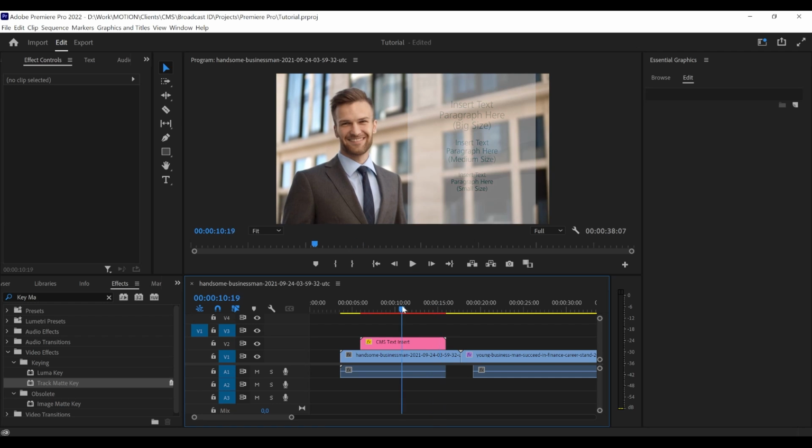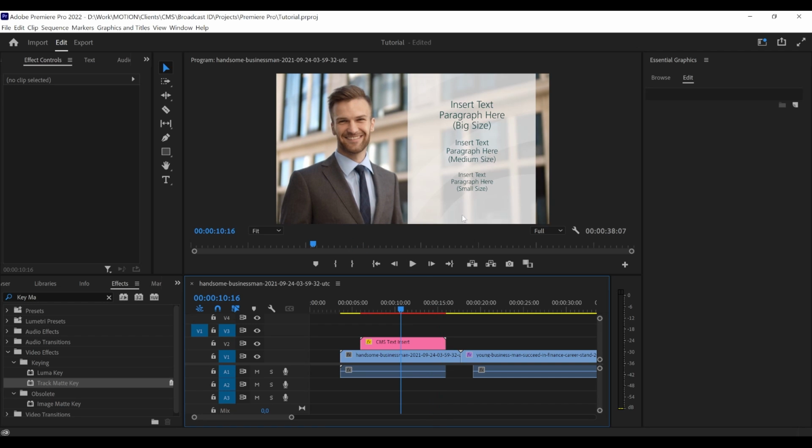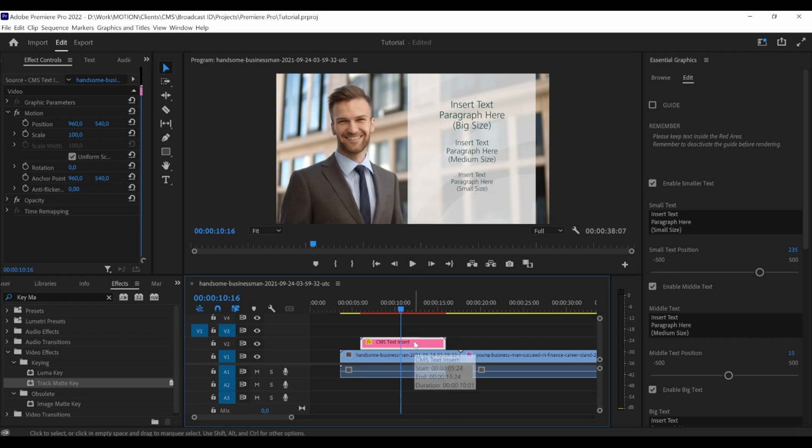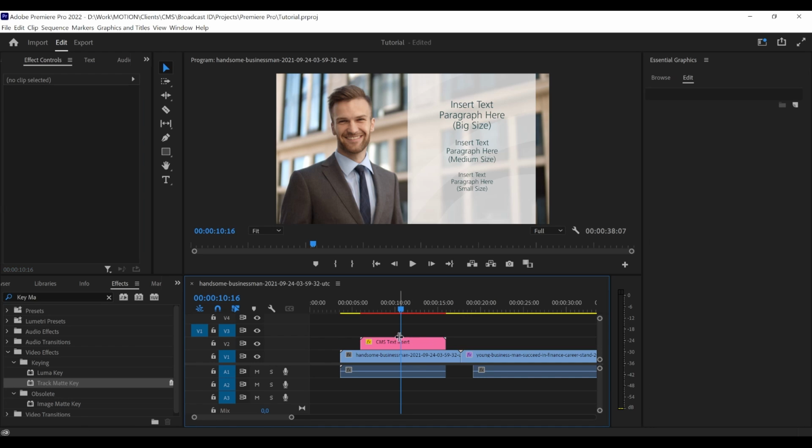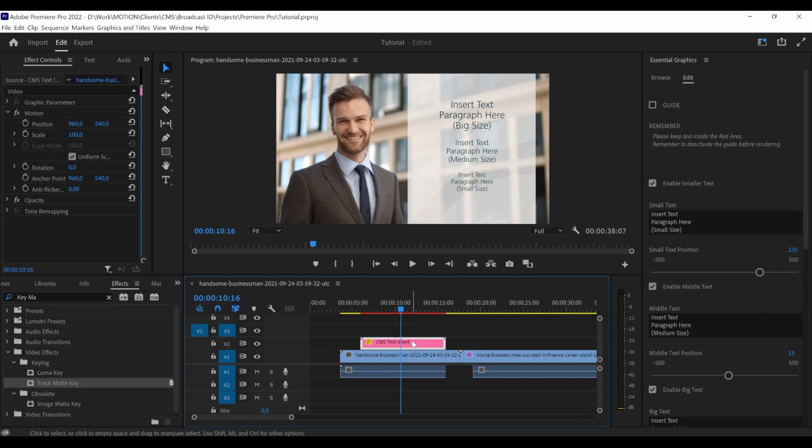If you first see it, it may look a little bit strange, but we have a lot of options with these 3 kinds of paragraphs over here, and we actually have more than this type of paragraph. If we click on the asset right over here and go to the edit option on our Essential Graphics panel,